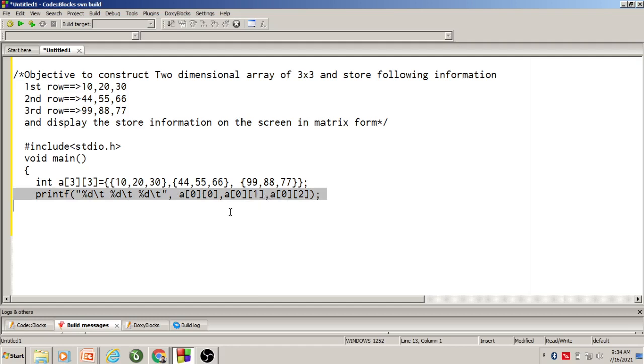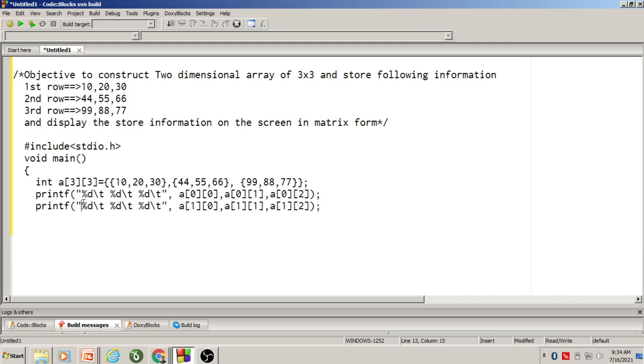Next I copy this same thing here, and I try to display the values present in the second row. The second row is represented by 1: second row first column, second row second column, second row third column.